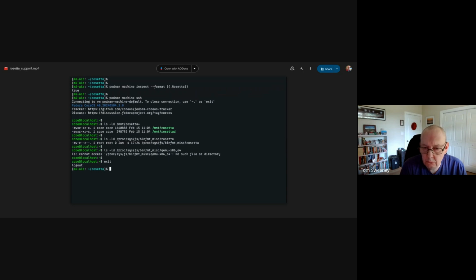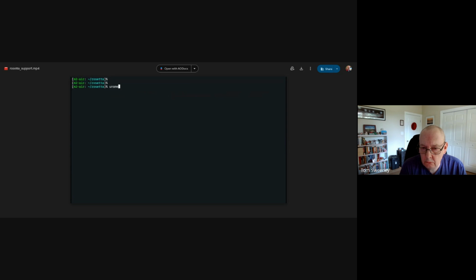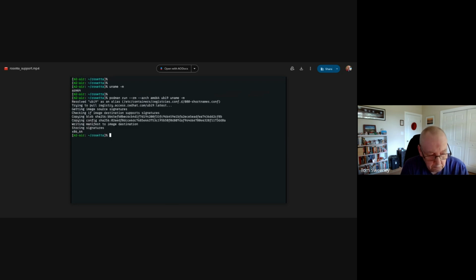Exit the Podman machine. The host architecture is ARM64. Run a container with the Arch option. The emulation is working properly.